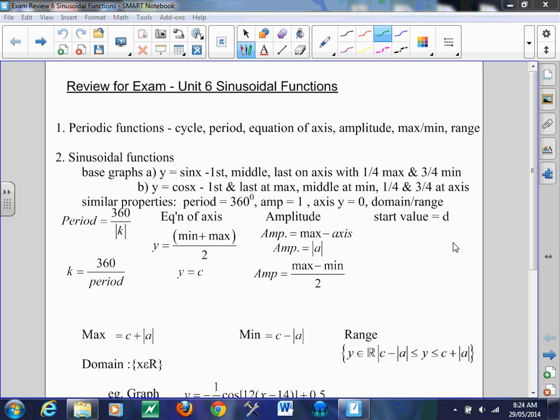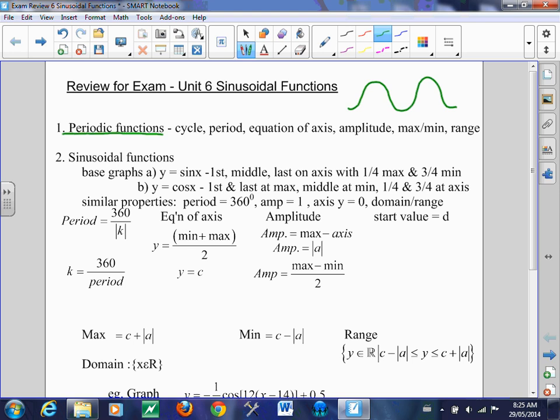If you forget totally what a sinusoidal function is, imagine yourself on a Ferris wheel going round and round, and that we're measuring your height over time. If we're measuring your height over time, you're going to get on, you're going to come up to a maximum height at the top of the Ferris wheel, you're going to come back down to a minimum, and you're going to go back up and come back down. We did learn through this repetitive patterning that we can call it what's called a periodic